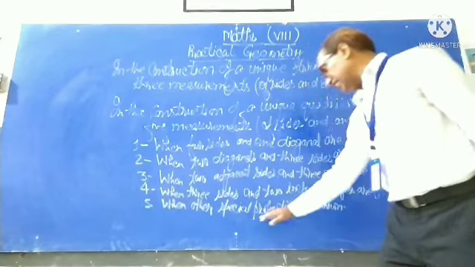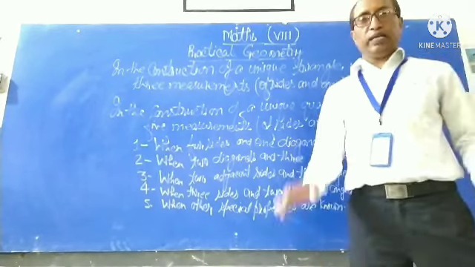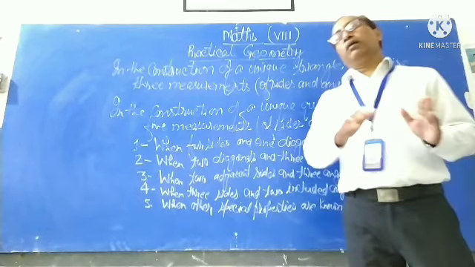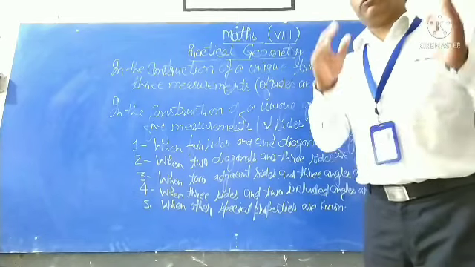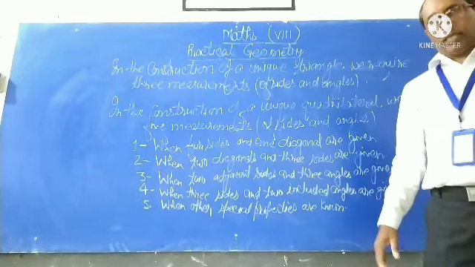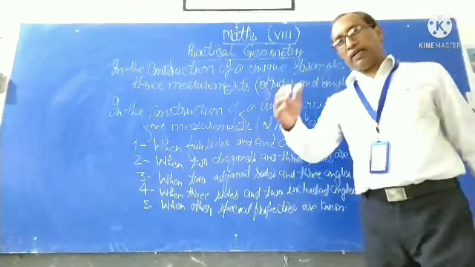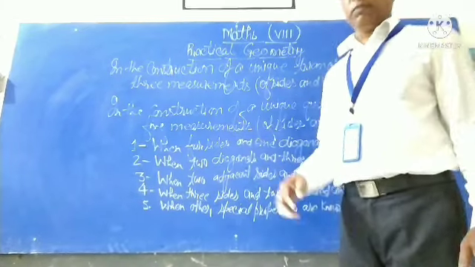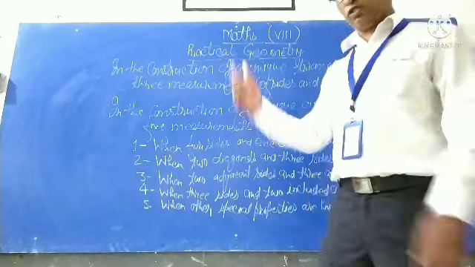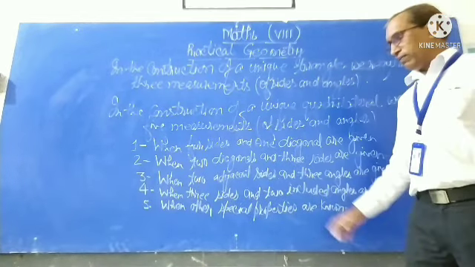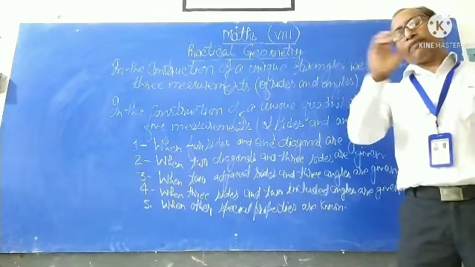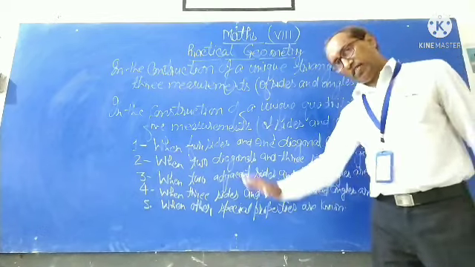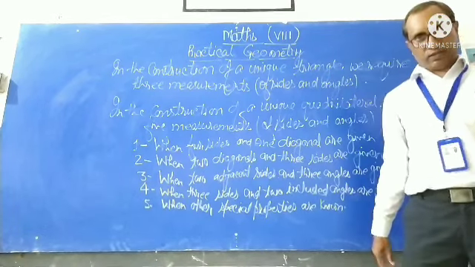When other special properties are known, we are able to construct a quadrilateral when we know the property of the figure which we want to draw. If we have knowledge of the property of the given figure, like square, rectangle, parallelogram, rhombus and so on, then we are able to construct a unique quadrilateral even when the 5 measurements are not given. We are able to construct by their special properties.